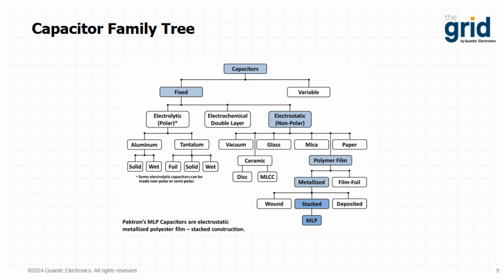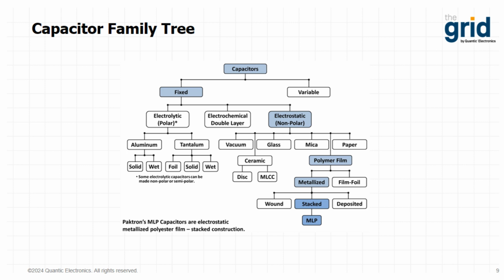As we look at the different technologies out there for capacitors, there's really two main separators. You'll see on the left here, electrolytics, and electrostatics on the right. We have high reliability offerings within the Quantic portfolio for each of these. Hybrid wet tantalums coming from Quantic Evans. UTC makes a number of high reliability ceramics of all sorts. And of course, we have the polymer film capacitors, multi-layer polymer from Pactron. The main focus today is going to be on comparing the polymer film MLP technology from Pactron and some competing ceramic and film